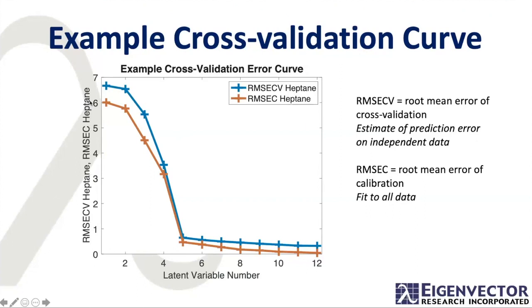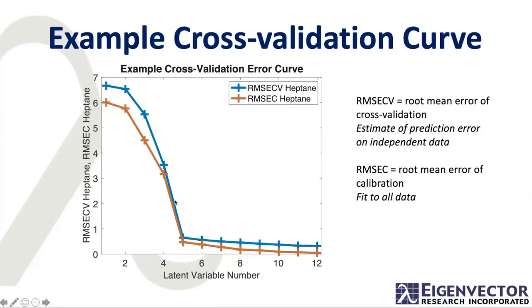So generally, cross-validation curves look like this. This is as a function of number of latent variables in a PLS model, but it could be in other models a parameter that typically has to do with model complexity. So you could imagine, for instance, if you're cross-validating in neural networks, you might cross-validate against number of nodes in the hidden layer instead of against latent variable number. But if this is a PLS model, it's going to be how many latent variables are in the